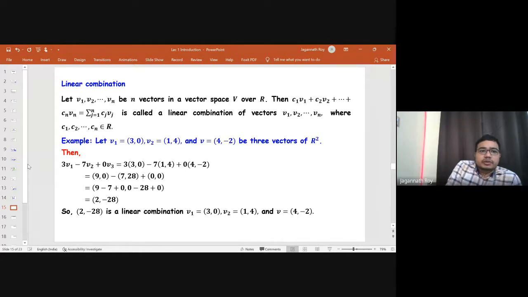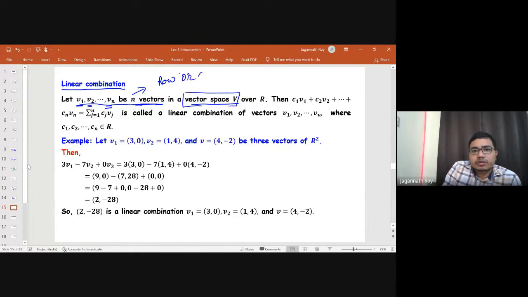Now there is a concept called linear combination. Linear combination is that if we have vectors v1, v2, up to vn, n different vectors, we are not talking about the dimension, I mean, in which space. They are just n different vectors. There is something called vector space. If you don't know this concept, don't worry. For vectors, you can see that either it is a row vector